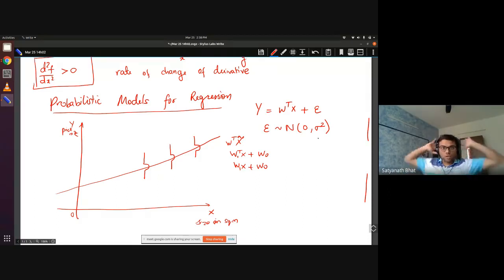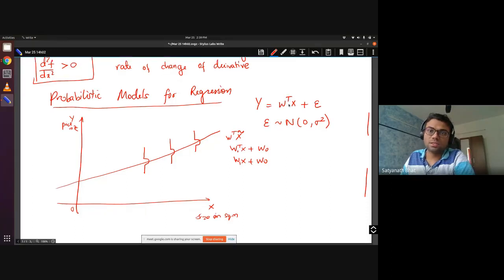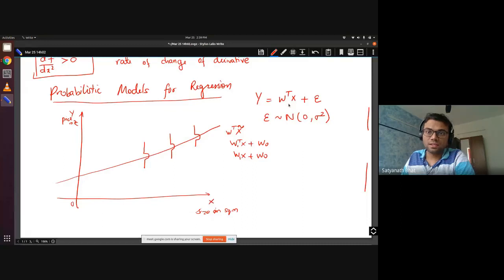So what model we are considering is you have a linear underlying model, and on top of the linear model there is some distortion. What we are trying to do, there is some parameter that we don't know, which is W, and we want to find out the MLE estimate for W. Okay, so that is the question. Is it clear? So your data is xi, yi, i equal to 1 to n.